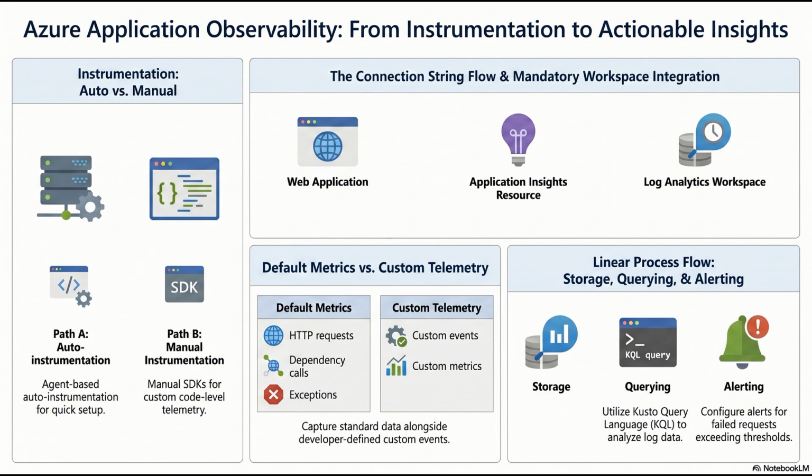Exactly. So let's unpack this from the very beginning. The core concept that everything else relies on here is telemetry. But what are we actually talking about when we say telemetry in a cloud context? So telemetry is basically the raw data emitted by your cloud resources. Think of it like the exhaust coming out of an engine. But instead of carbon monoxide, it is pure operational information. Okay, so every action generates some exhaust. Right. Every time a virtual machine boots up, or every time a web application serves a page, or a database processes a query, it emits signals.